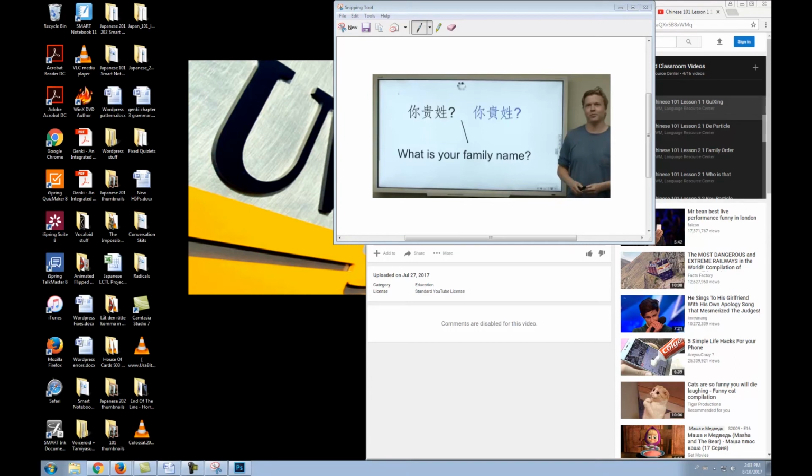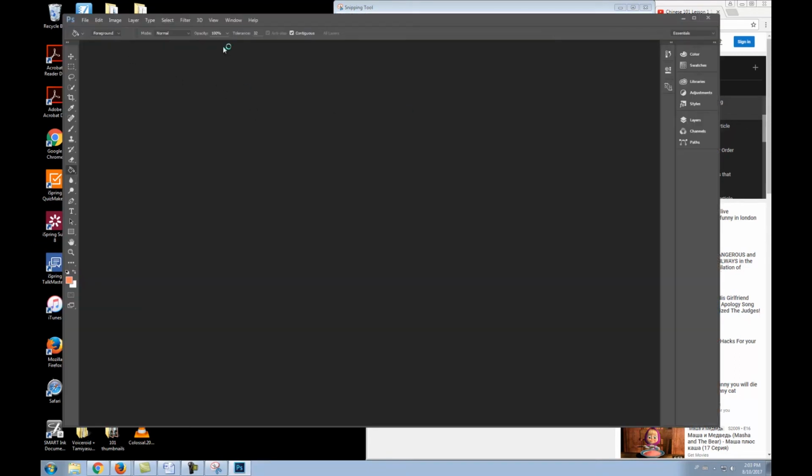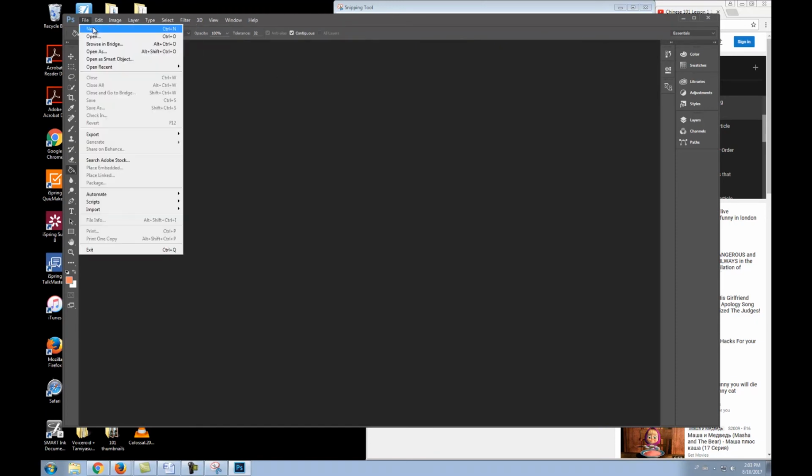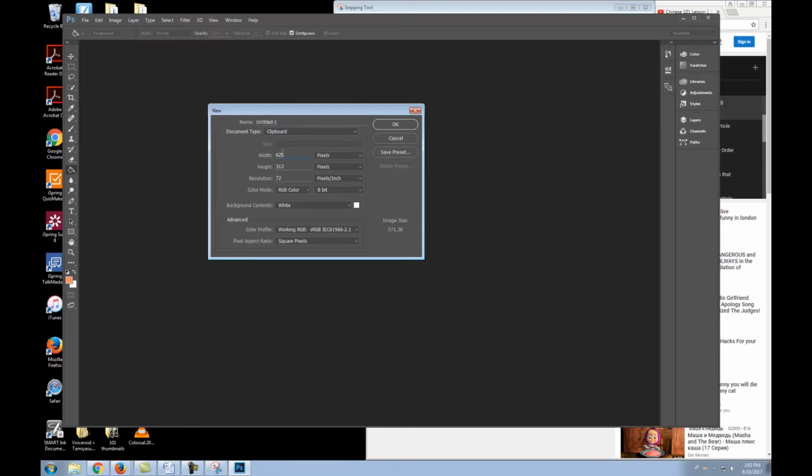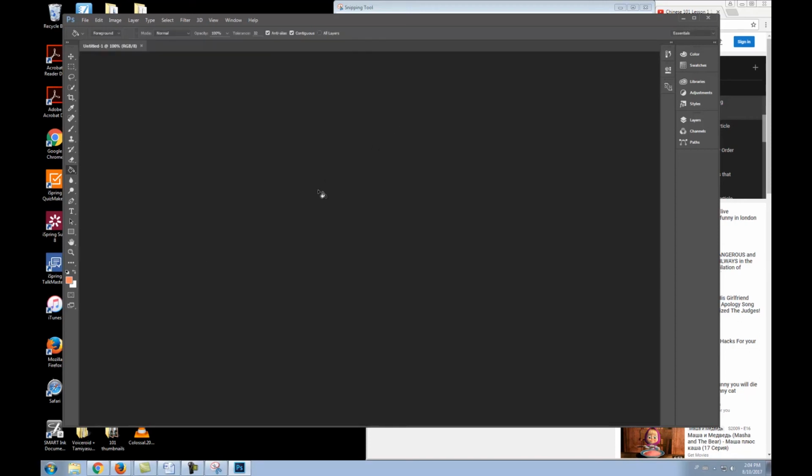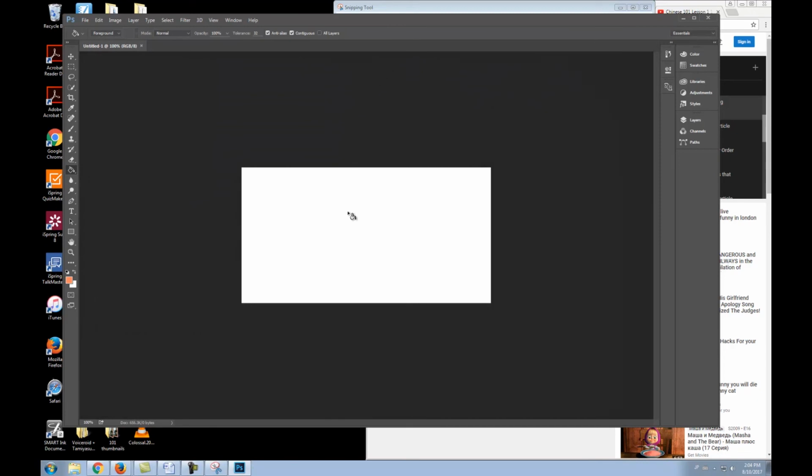and basically what we want is to get the screen capture that we just took, and we want to put a little border around that. So how we do that is by adding 30 pixels to the width and to the height. So we change this from 625 to 655 and 312 to 342, and then we will basically